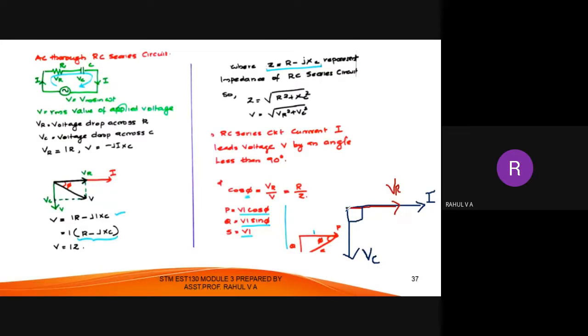Now, how to draw it, if I take the resultant, because now the VC value, I can say that it is